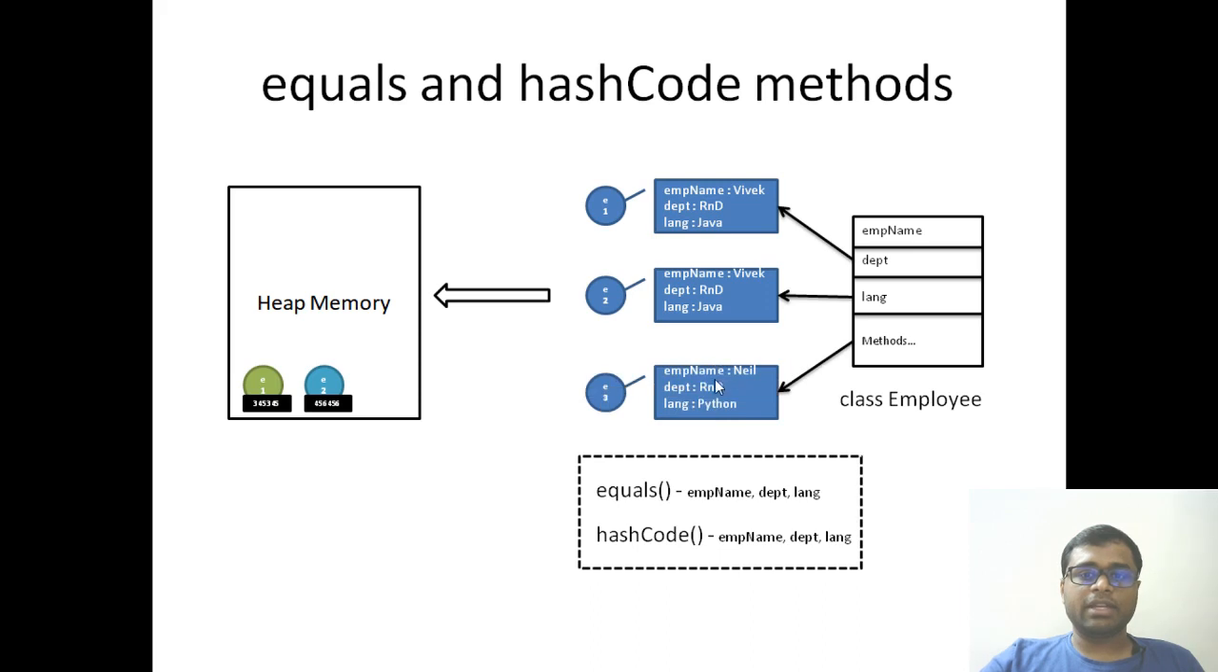Now let's say we have created a third object with the name Neil, who is working for R&D department, and the language specialization is Python. In this case, again, there will be new memory allocation in the heap memory, and there will be some hash value associated with this object. Now, how exactly are these hash values generated and what exactly is the significance? Let's look into that. But before that,